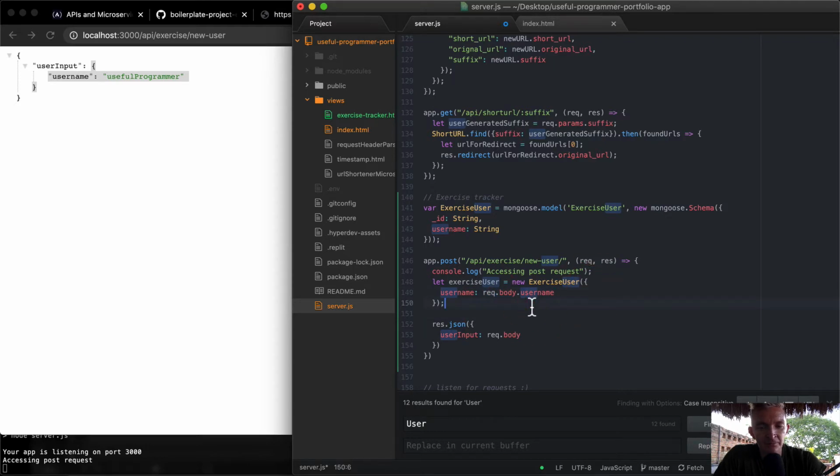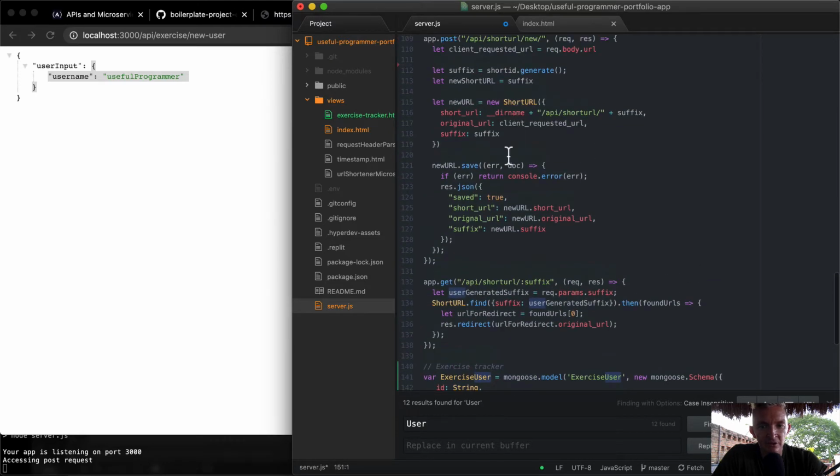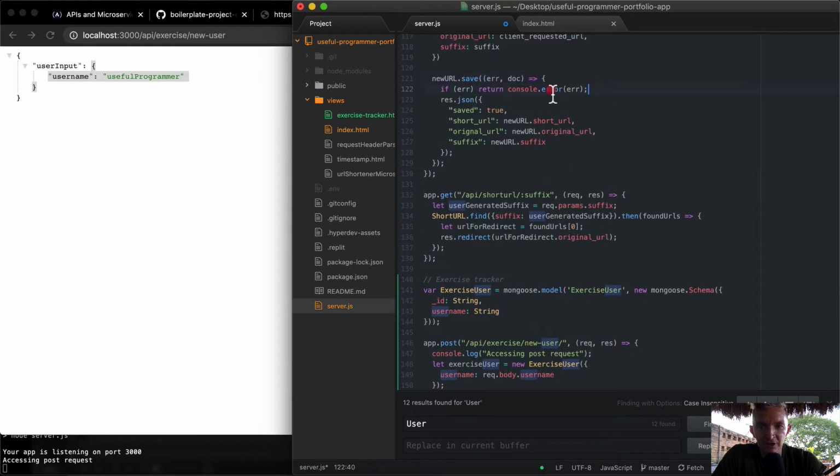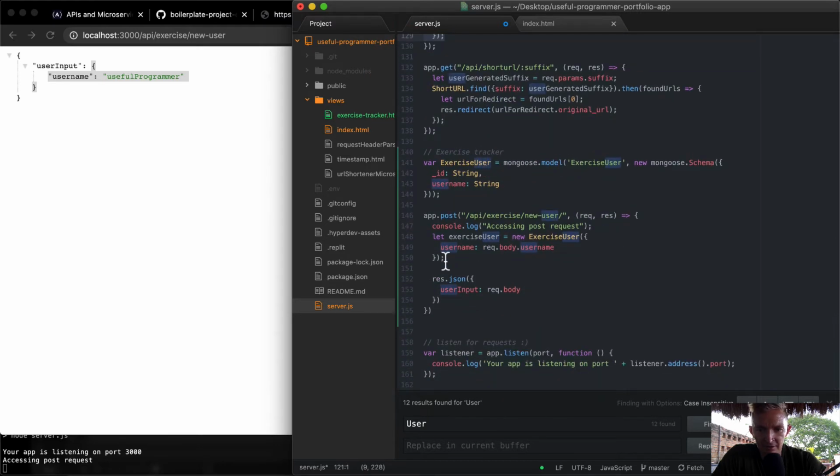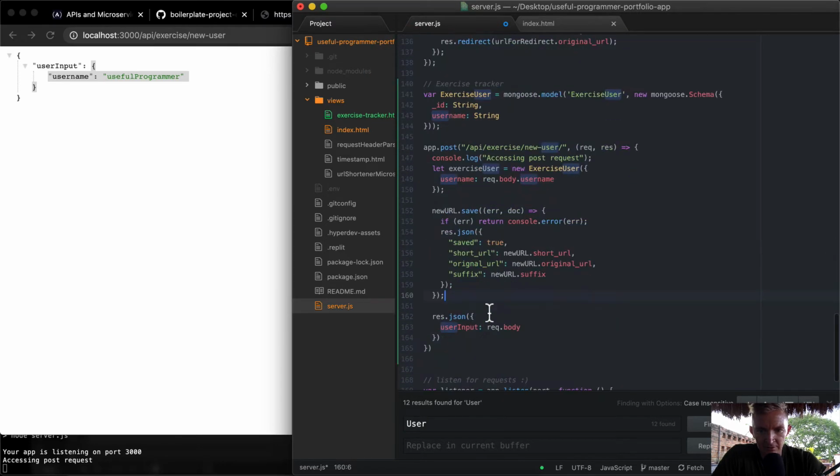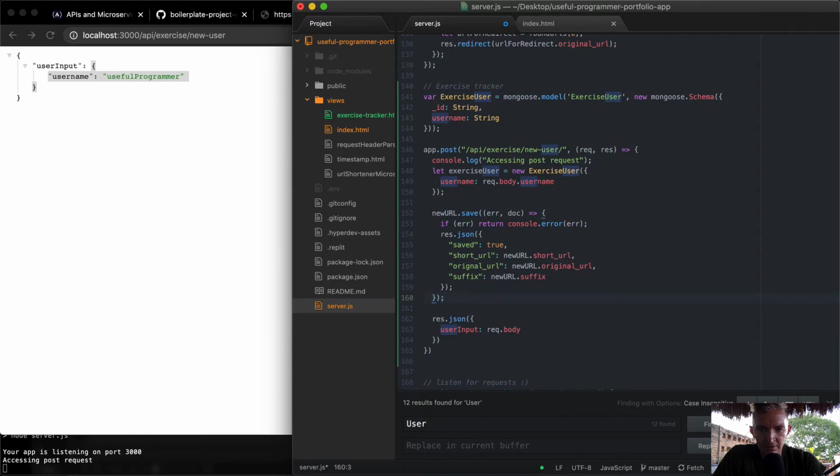And so the next thing we can do, just like up here, they go .save, and then they have the following stuff. So let's actually copy the error as well. Actually, let's just copy this whole thing. So if I copy this, we bring it down to here. Rec.body. Okay, so instead of new user, we want to make this exercise user